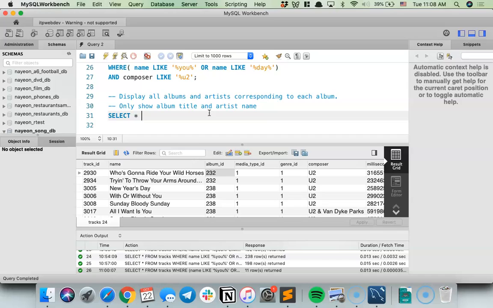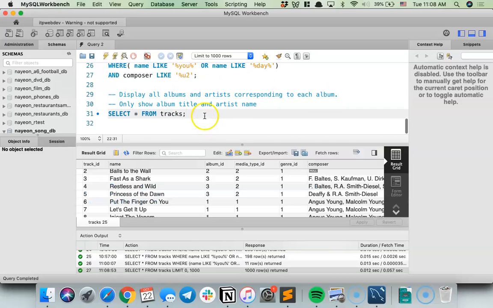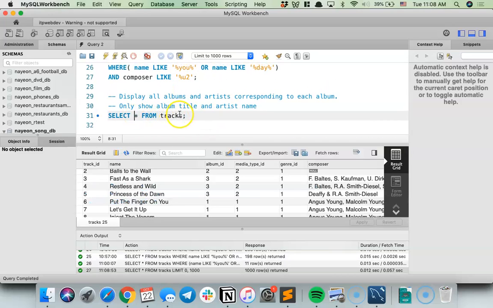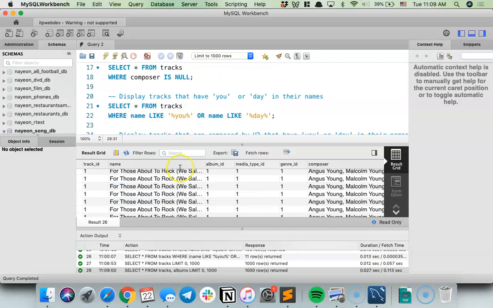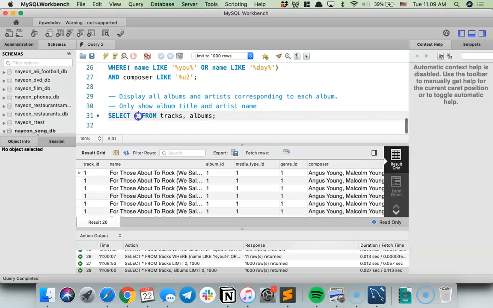Before I jump into that, I'm curious, so I'm going to do what we just discussed. If I do from tracks, just real quick, then we see tracks, right? If I do tracks and albums, I can see everything from that. But the question we had earlier was, can you do something like this, and then albums dot album ID?